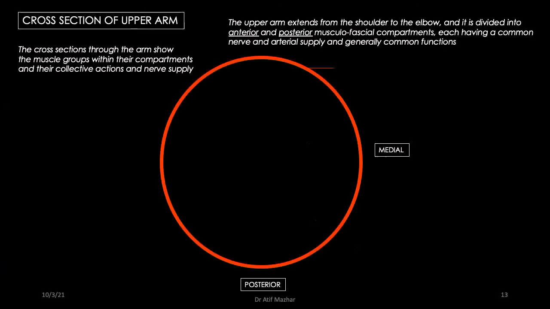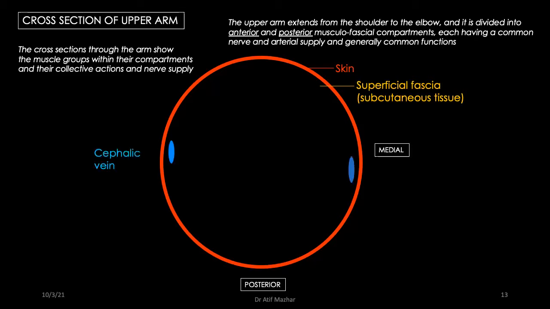Now, let's look into a section of the arm. Let's put the things here. Red is skin. Under the skin, I have superficial fascia, and this superficial fascia has a membranous layer and a fatty layer. You can go, gentlemen. Relax. And then what do we have? In this superficial fascia, I have two veins. One is located laterally, and that is my cephalic vein. And medially, I have the basilic vein. These are the superficial veins.